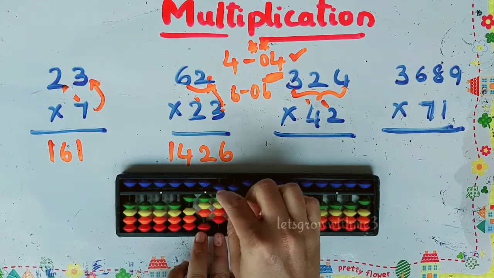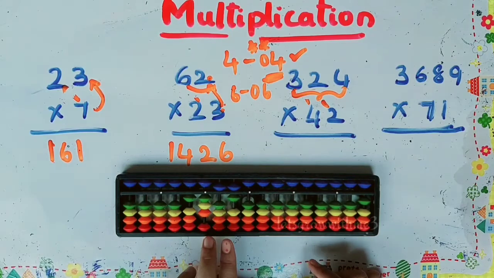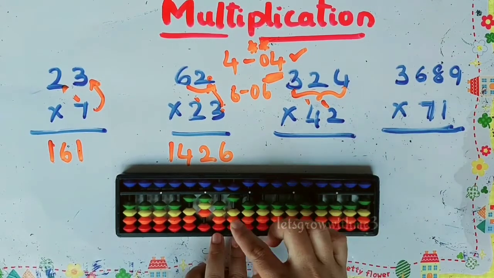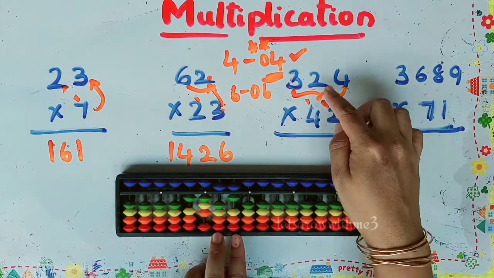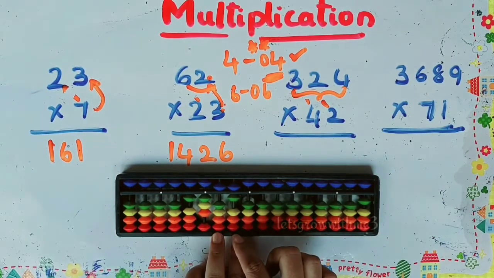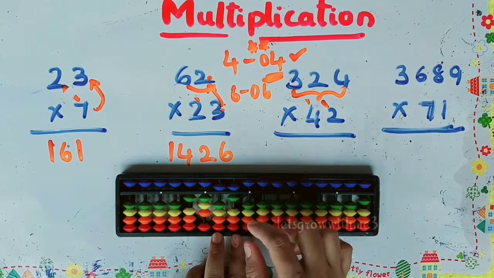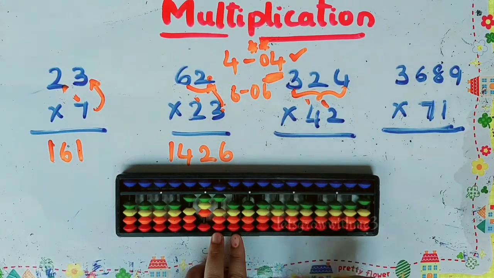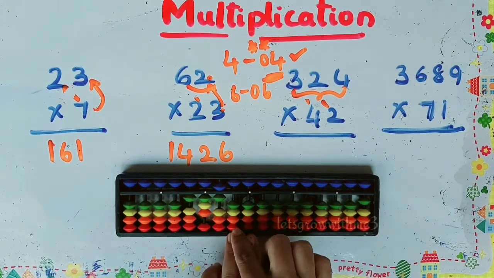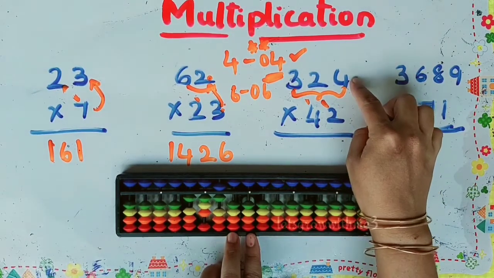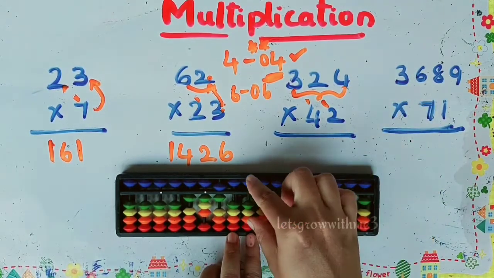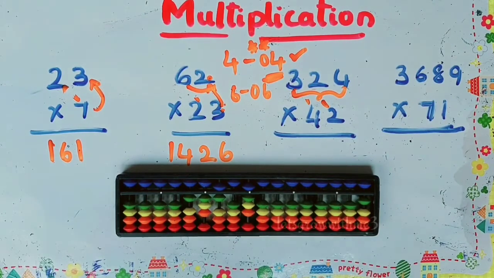So you need to add 0 6. Then we have 2 2s are 4. Here it is 0, and here it is 4. How to add 4 here? Plus 10 minus 6. We can apply our big friend formula. Plus 10 minus 6. Then we have 0 8. 4 2s are 8, 0 8. So how to set 8? Direct. Yeah, so what's the answer?